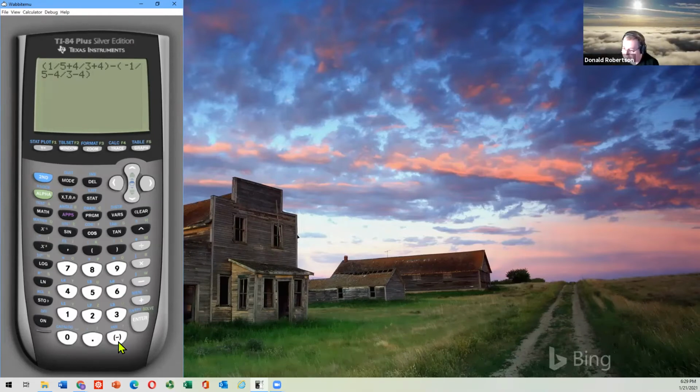If you mix them up, the answer will probably say error, and you'll scratch your head and wonder why. Now, when I hit enter in a few seconds, we are going to probably see an ugly decimal. And then hit math button, choice number 1, which is fraction, and boom. It's 166/15